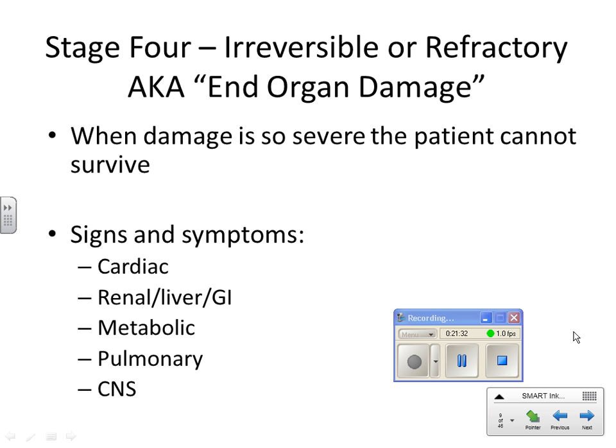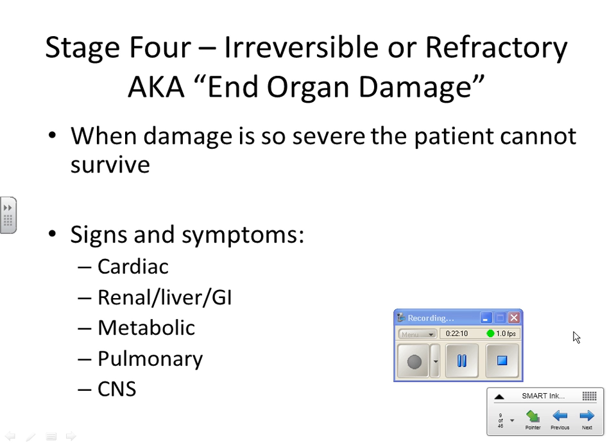Yes, Joel? So earlier on when you said very high pulse, very low blood pressure, you were describing which stage? Yes, the very low blood pressure and the weak thready pulse is going to be that stage 4. For pulmonary in stage 3, a more rapid respiratory rate, again, trying to compensate for that metabolic acidosis. It just gets worse.